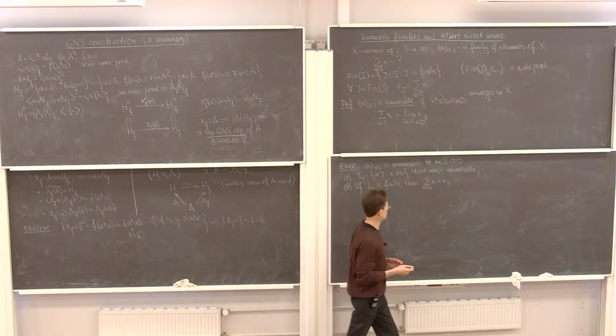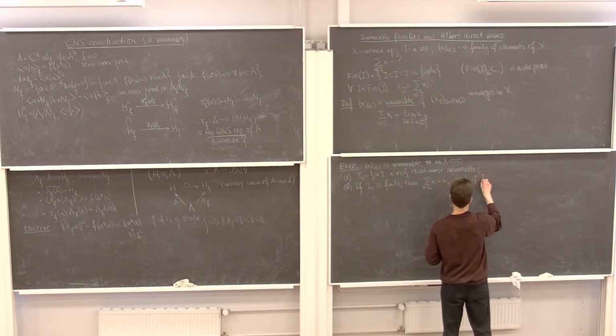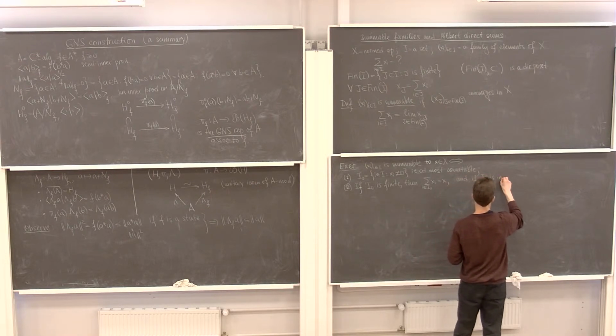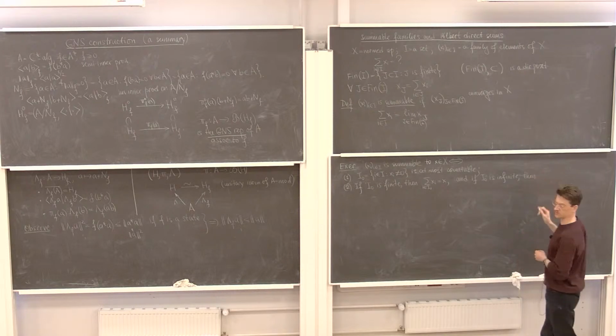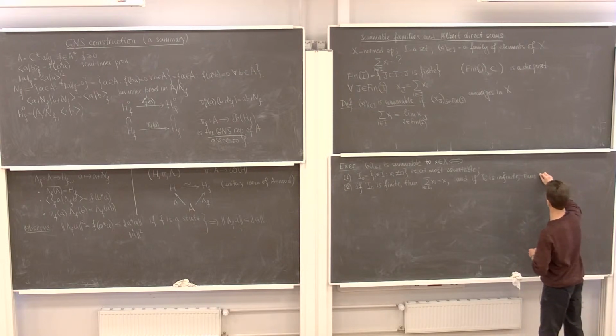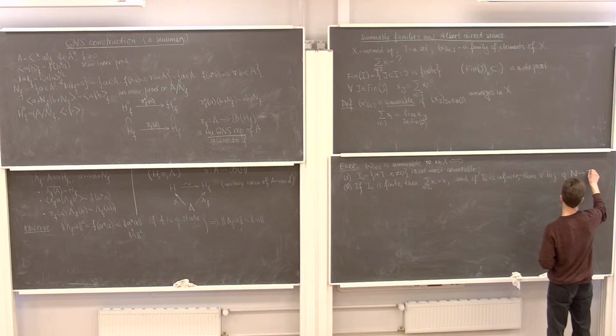And if it is infinite, if I0 is infinite, so it is strictly countable, then for every bijection phi between the natural numbers and I0,